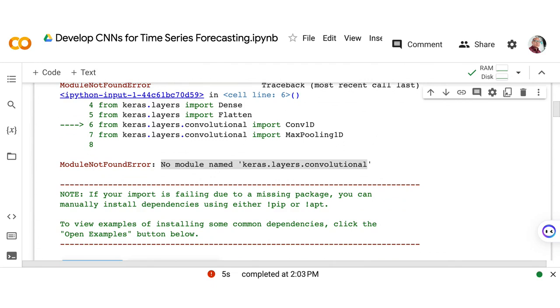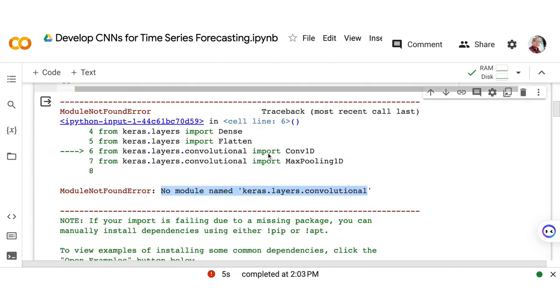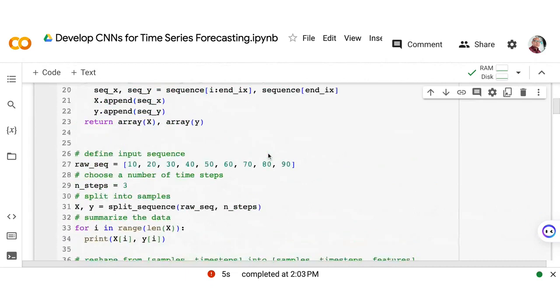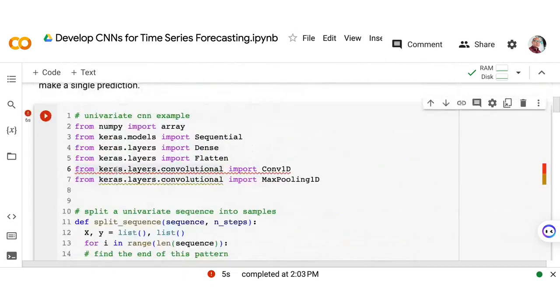But I do believe that we are importing the correct module. So let's try to change this. It's correct naman, keras.layers.convolutional.